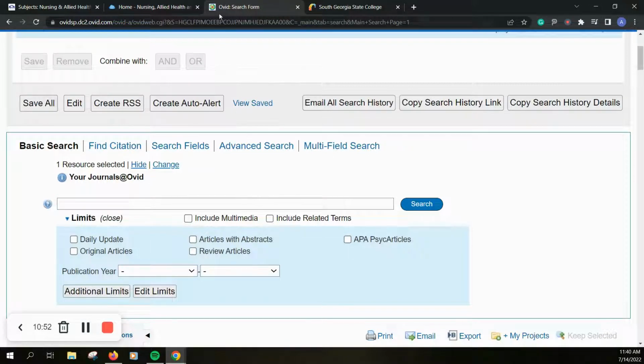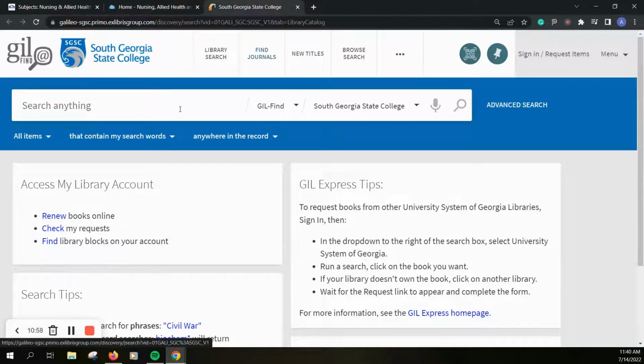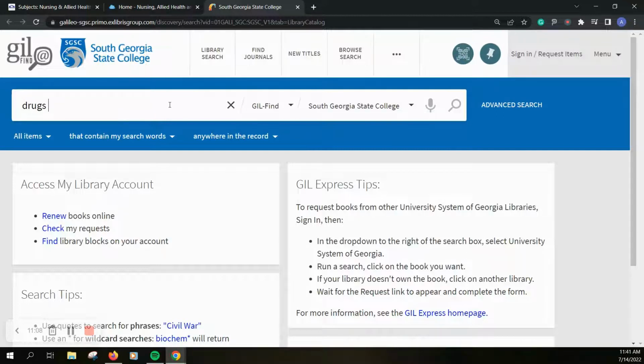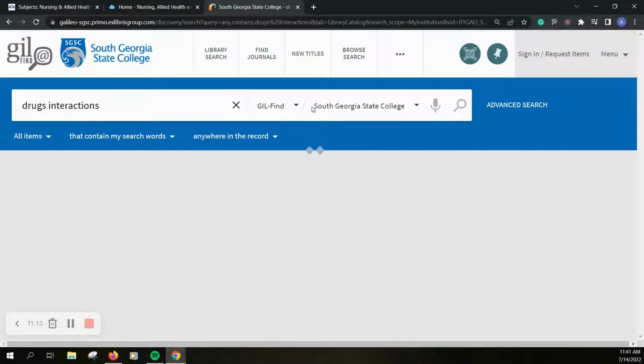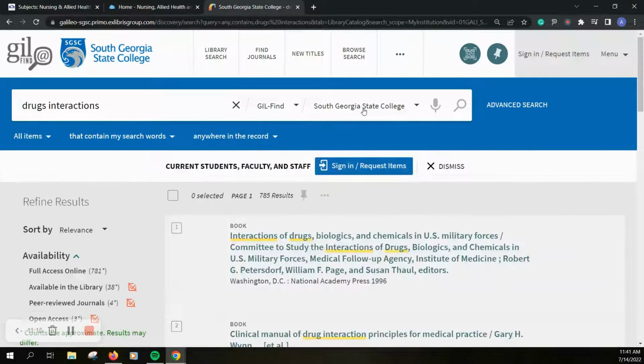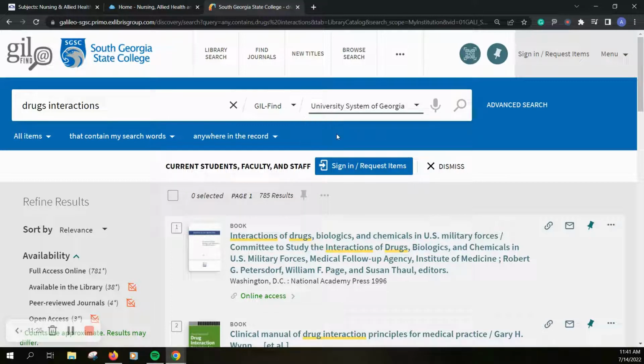So now I'm going to give you a brief overview of our catalog, the library's catalog. Our catalog is called GillFind, and it is also accessible from that library page that I mentioned earlier. And I'm going to do a search for the exact same topic that we did earlier. Now you can see I'm searching at South Georgia State College. If you don't see any resources here that you would like to use or you can use, click and select University System of Georgia,